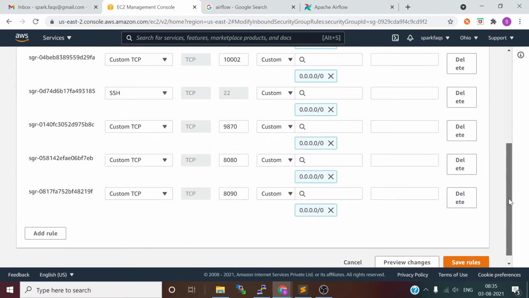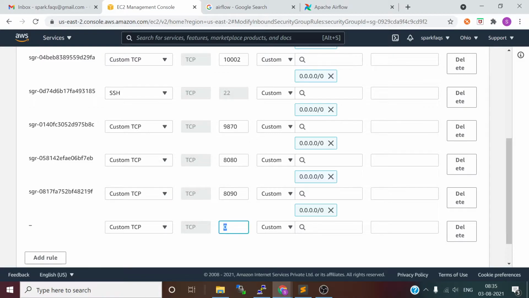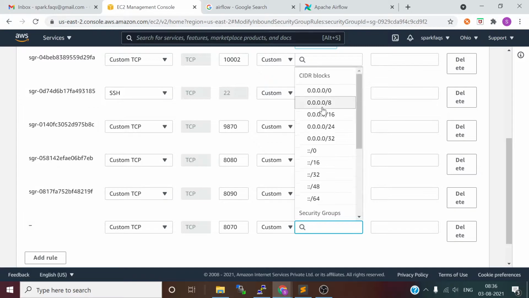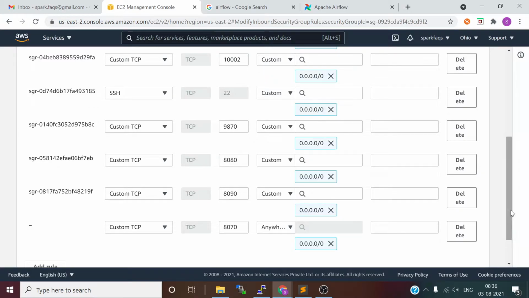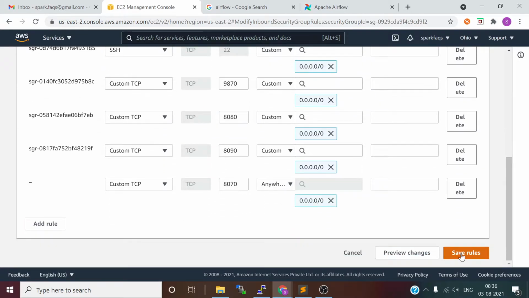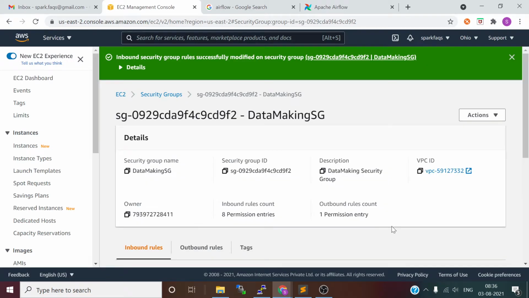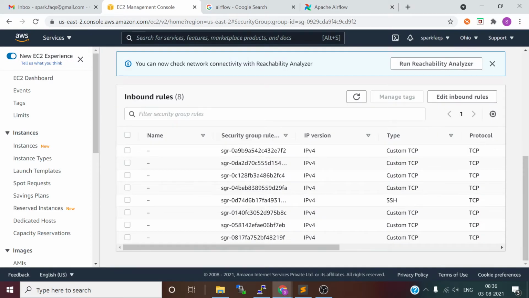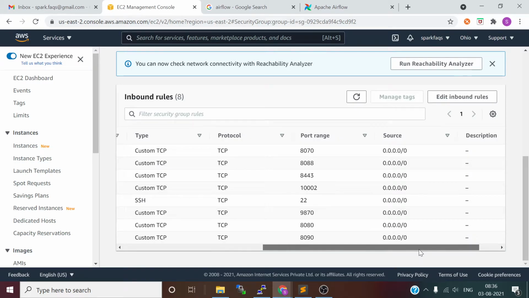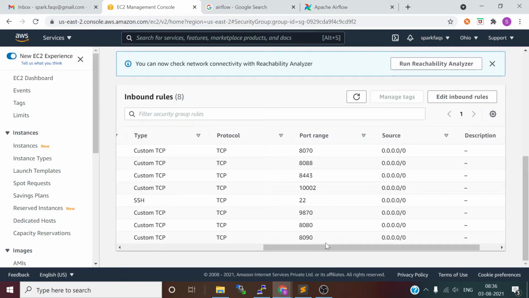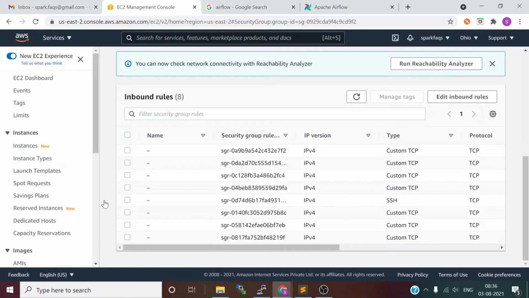Earlier I used different ports for different components. Now I will use 8070 with public access only for this. Then save the rule and verify. Yes, 8070 is added, fine.